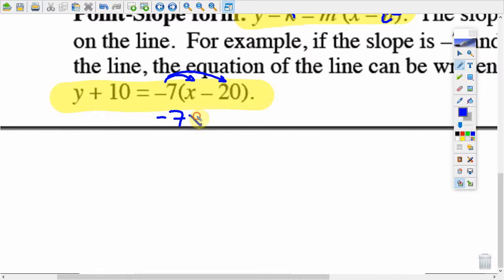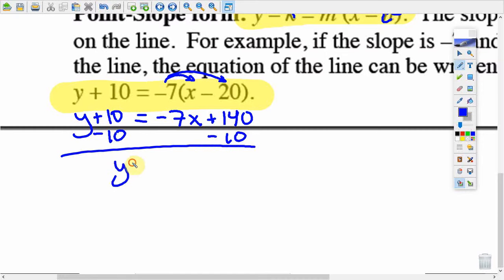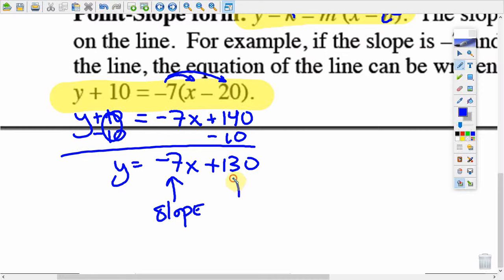I would get negative 7x plus 140 equals y plus 10. Then I would subtract 10 from each side. That's a 0. Equals negative 7x plus 130. And now I have it in slope-intercept form, where that's my slope, and that is my